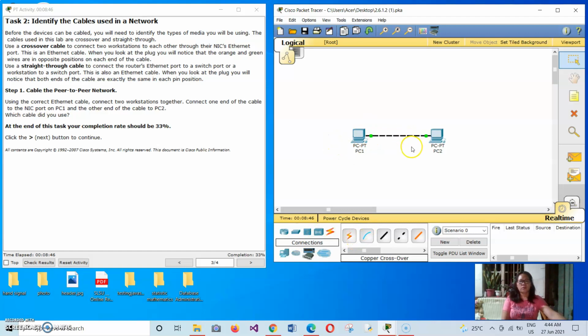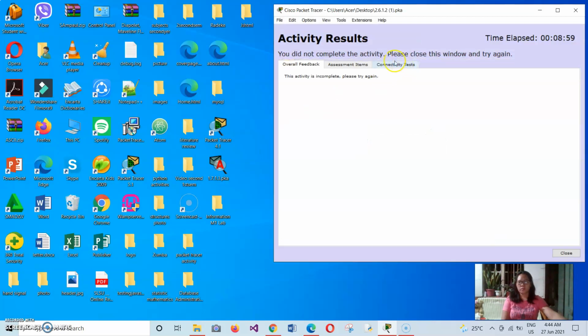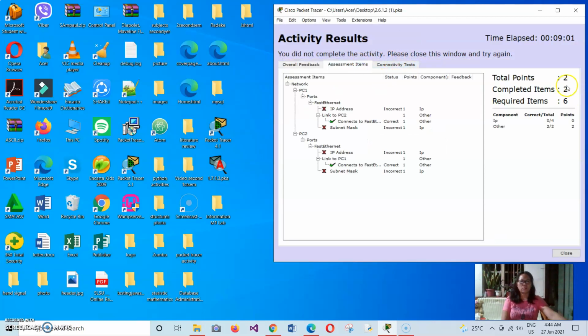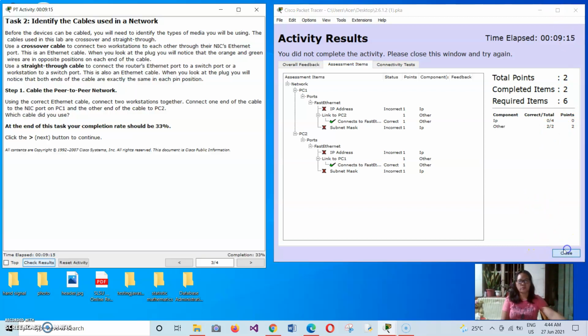The cable we used is the crossover cable. So let's check the result. The result is only 2 items complete over 6. So let's proceed to the next